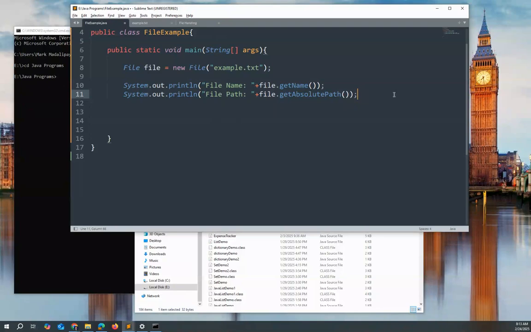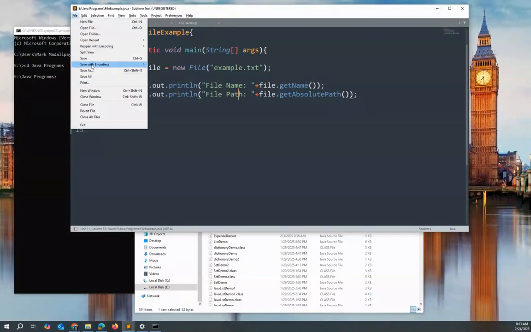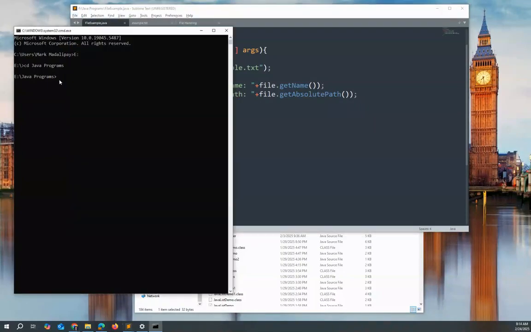Okay, so let's try to run this one. Save, then java FileExample.java, then Java FileExample. So we have here the file name and we have here the path or the file path. Okay,